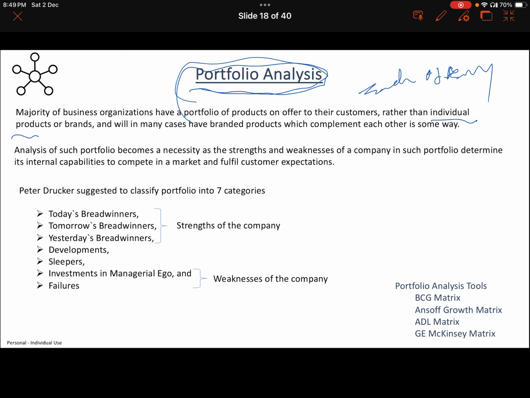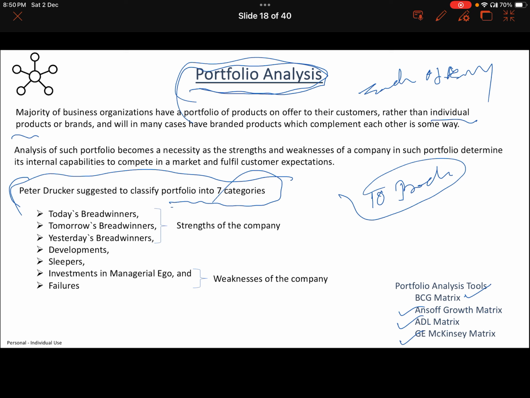There are many tools available to do a portfolio analysis. One is the BCG matrix, Ansoff growth matrix, ADL matrix, GE McKinsey matrix. These things we will discuss one by one in detail. Before that, Peter Drucker suggested classifying all the products into seven categories. If a company is having around 10 products, each of these products can be classified into any one of